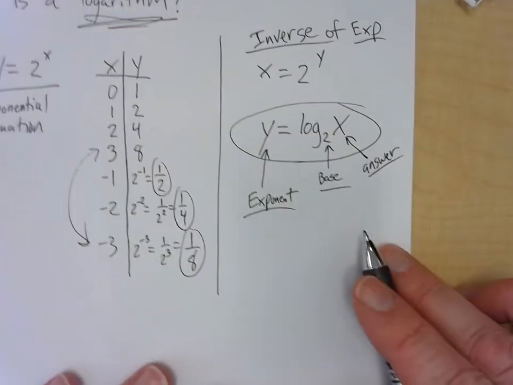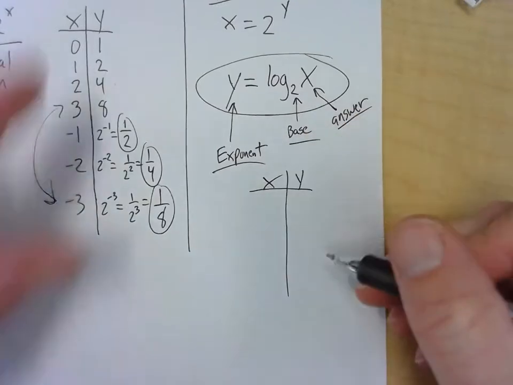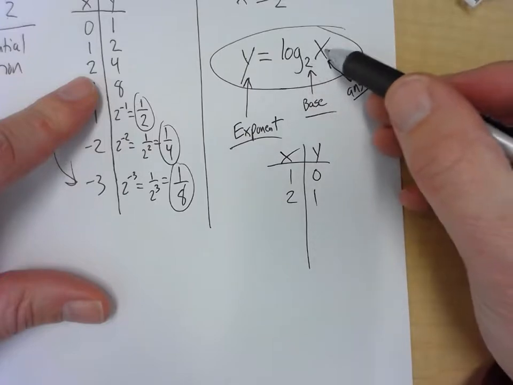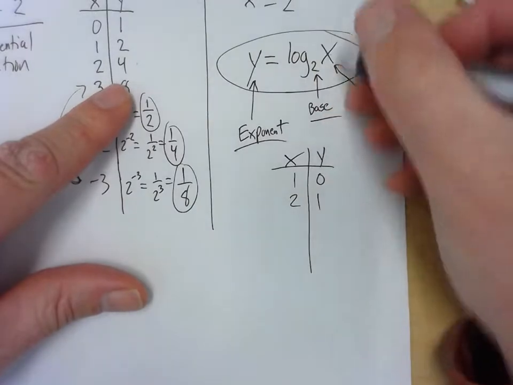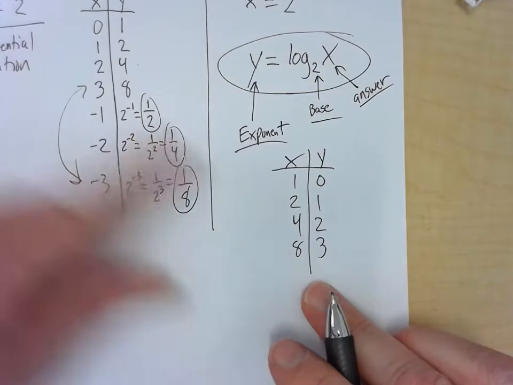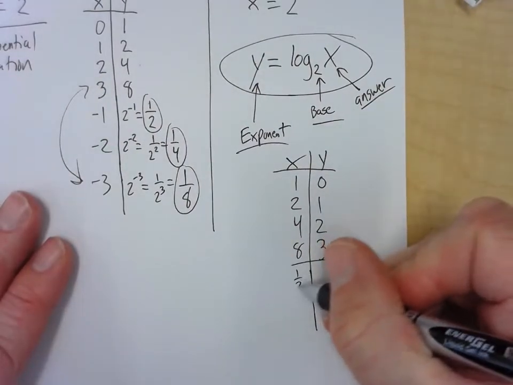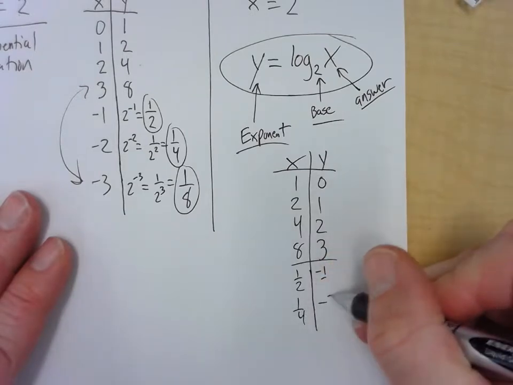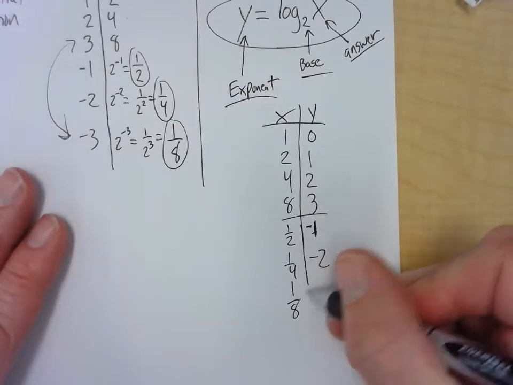So guess what? I have a table of values for this that work with this. So all I have to do is just switch these over here. So I got 1, 0, 2, 1. So log base 2 of 1 is 0, log base 2 of 2 is 1, and log base 2 of 4 would be 2. And how am I getting these? Well, I'm just switching the x and y. And then all the fractions come in. 1/2 would be -1,